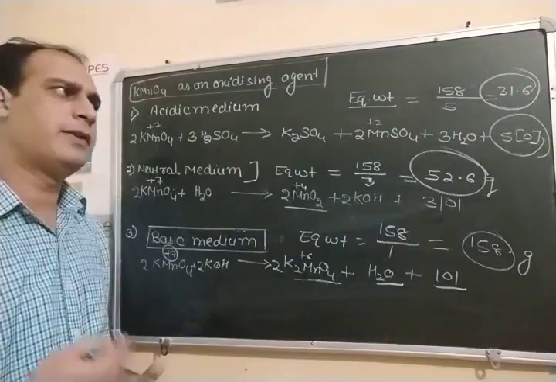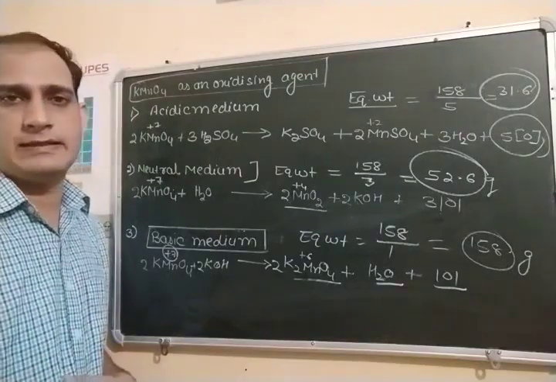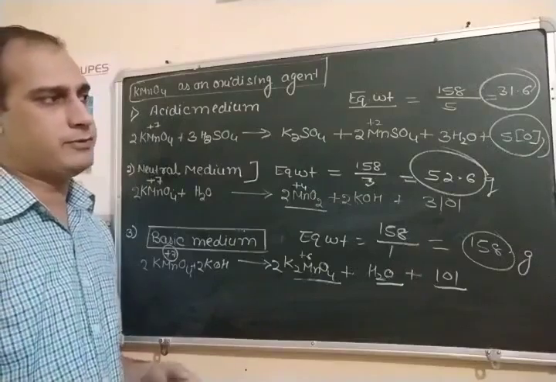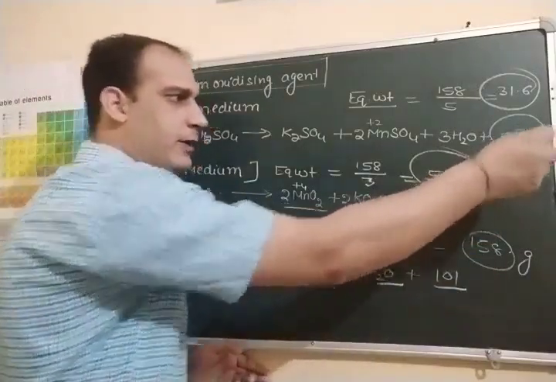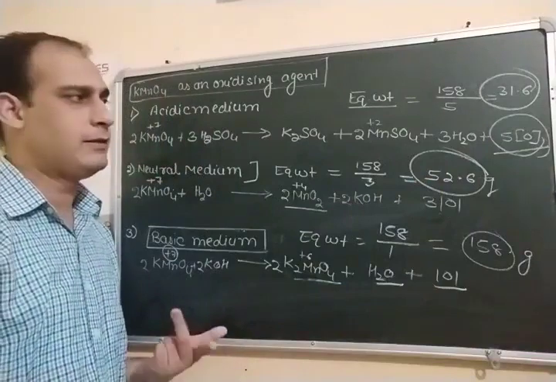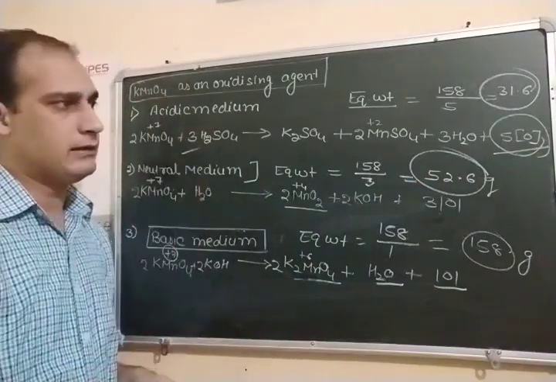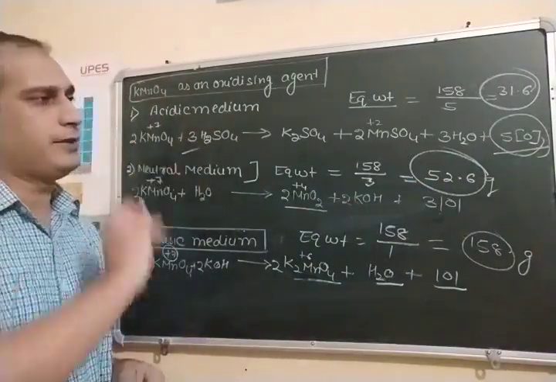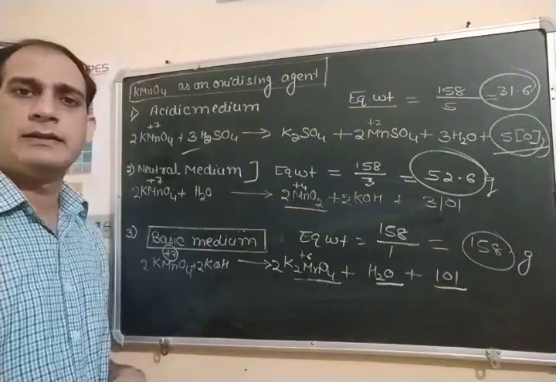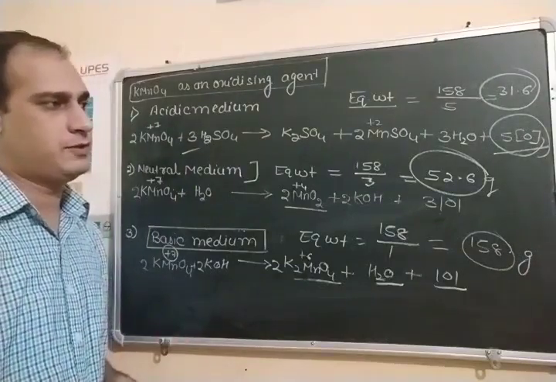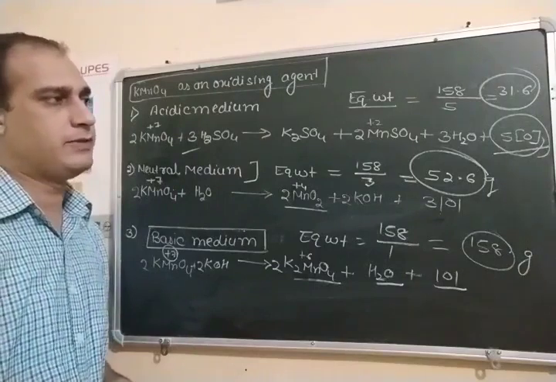And why KMnO4 will act as an oxidizing agent? We have seen the reaction. यहाँ पे भी आप observe कर सकते हो. Oxidizing agent will provide what? Nascent oxygen. And similar thing are they doing? They are providing what? Nascent oxygen. This nascent oxygen will help in the oxidation of other species. So you can write the various uses of KMnO4.